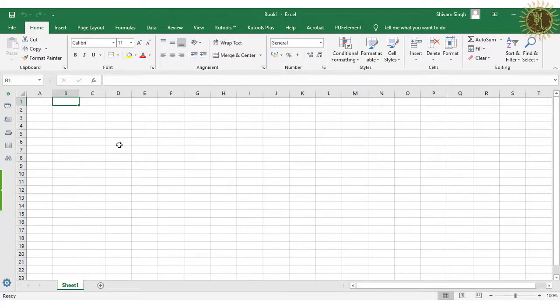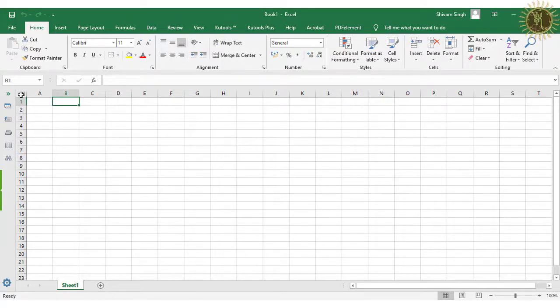Next is to select an entire worksheet. How will you select an entire worksheet in Excel? For this you can see this small triangle here.